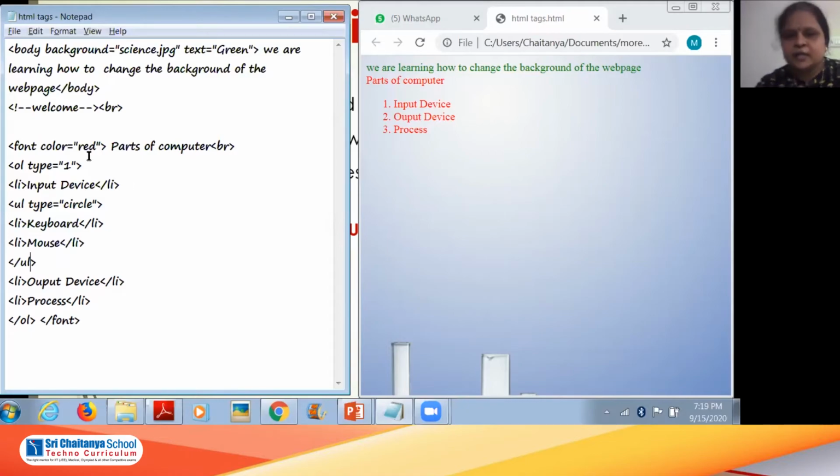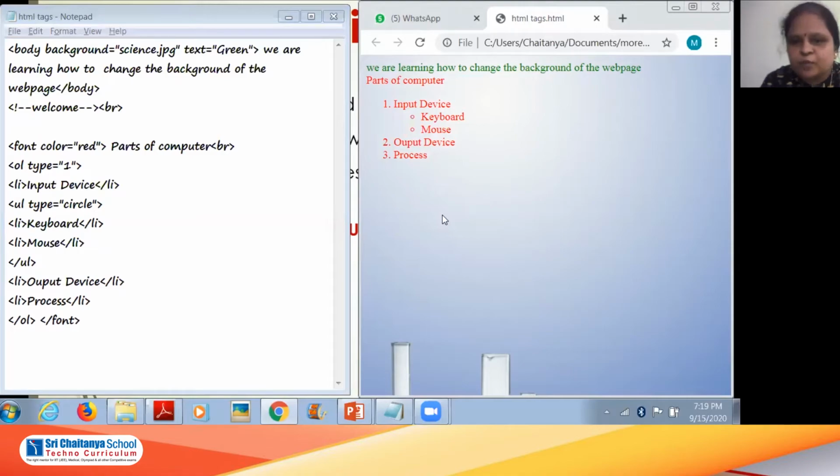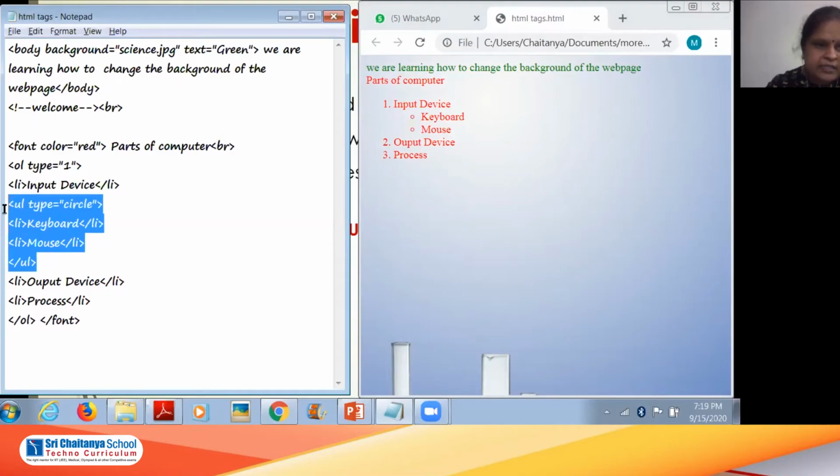Then go to your web browser, press F5. You can see below the input device as sub bullets, it is displayed as keyboard and mouse. Is that clear how to display the nested bullets? Now what I will do, again I will not write the same thing.